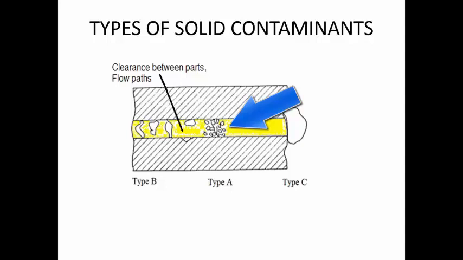But if one particle is sticking to some surface over here, then as you are continuously operating the system, more and more particles are going to join it. So one particle, after some time you have 3 particles, then 5 particles, then more and more. Finally, at some point of time, the entire path is going to be blocked. Detecting this blockage becomes very, very difficult because in some regions it is not possible to visually see, or it may not be possible to clean the contamination. So you have to be very careful about type A.